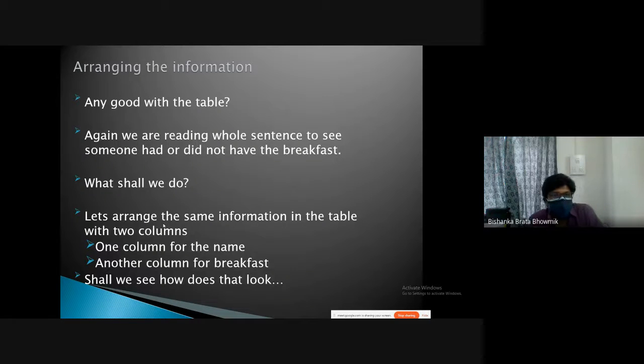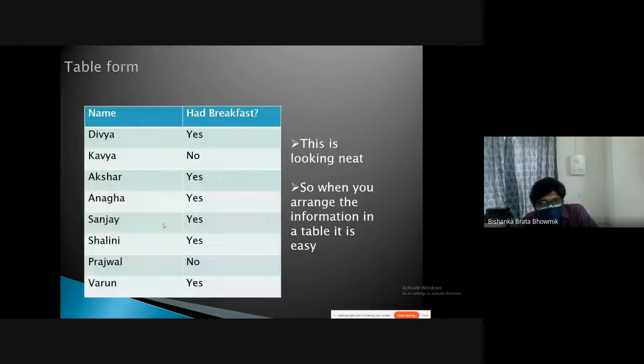In the same way, you can give them more ideas on how to write this. If they write it this way, with the name and here "had breakfast", they will just write the names under the name, and who have done breakfast, here yes, and who haven't done, no. By doing this, they will understand that it's very easy if we write certain information in tabular form.